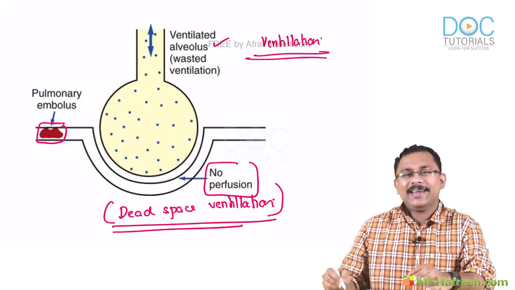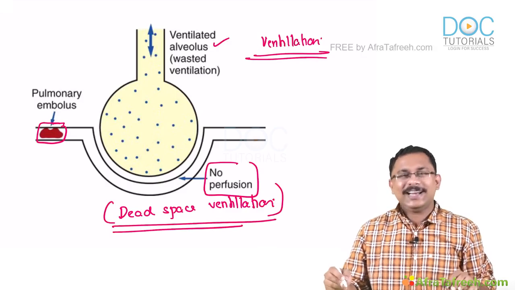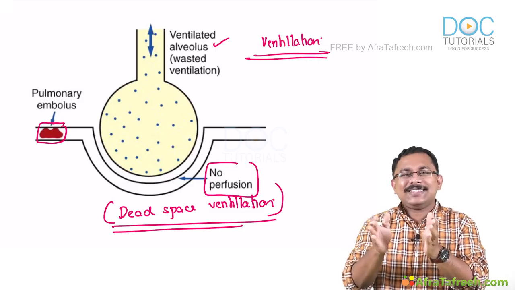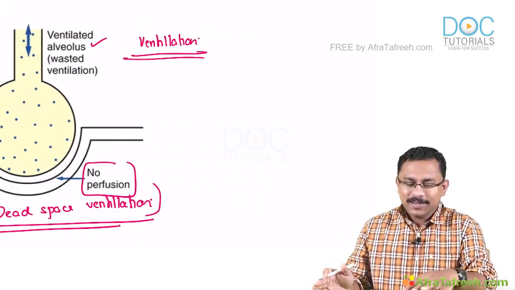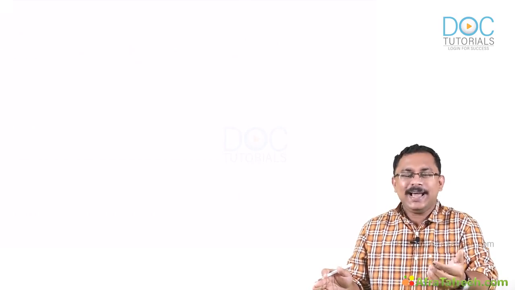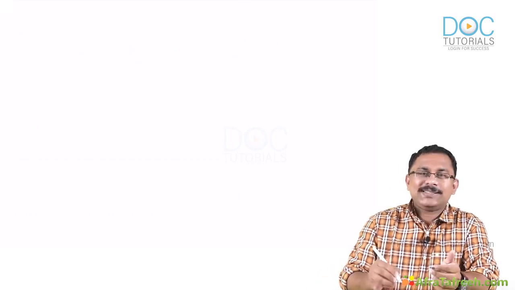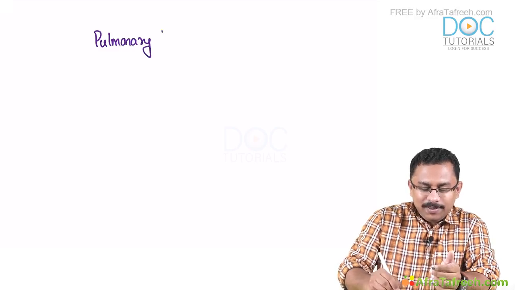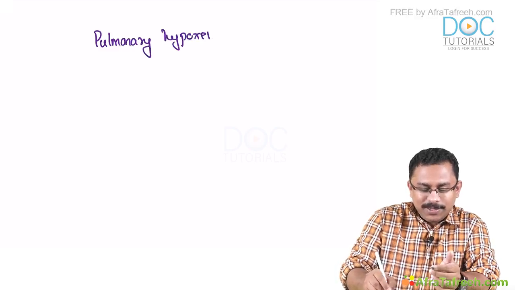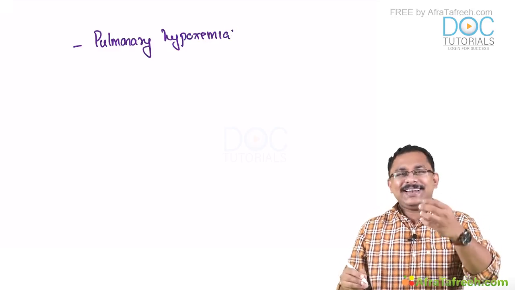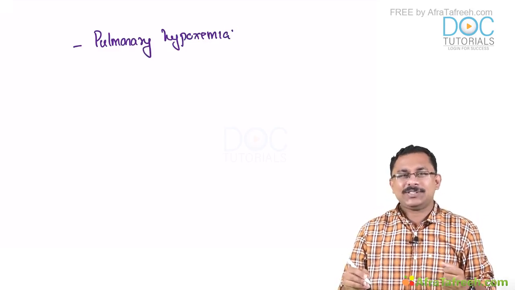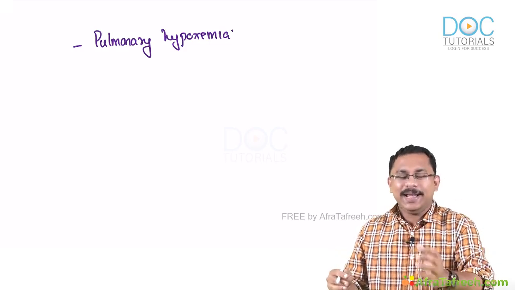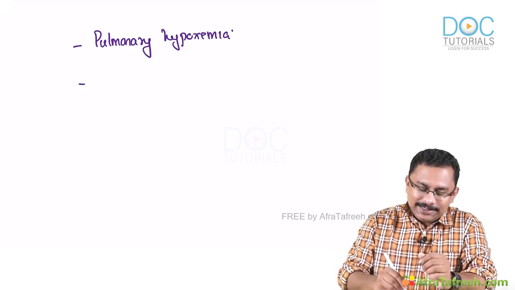There is an increase in the anatomical and your physiological dead space. So the consequence, starting with this, is that there is a dead space ventilation happening. So when there is a dead space ventilation happening, what are all the consequences? You will get a pulmonary hypoxemia, because you are not having oxygen that reaches the blood in sufficient amounts. Because the blood actually is not reaching the capillaries. So there is a pulmonary hypoxemia, and second, there is an increased